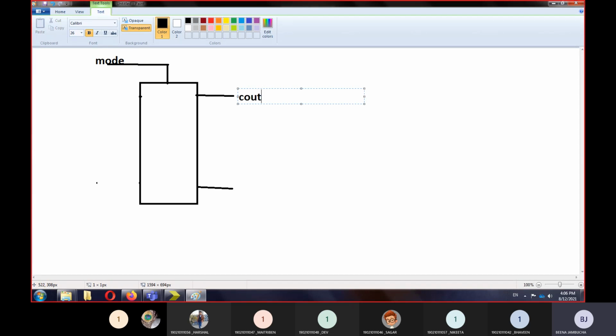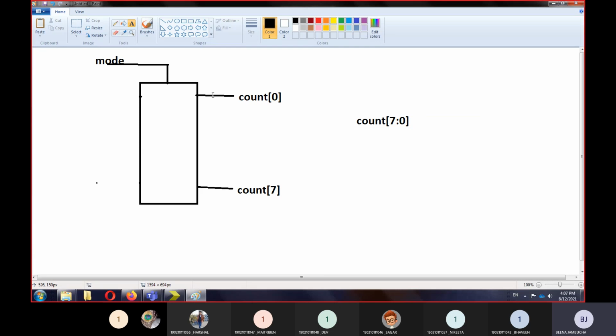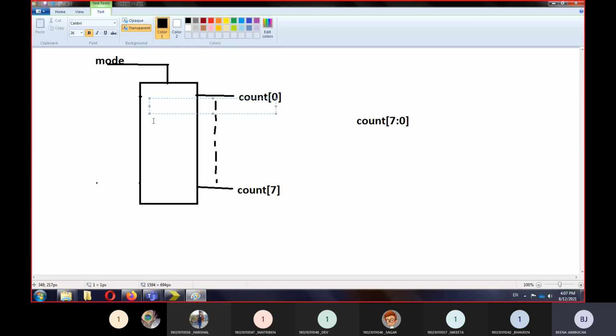and we will call it count. We will define it as count 0 and is count 7, right? So 0 to 7th number of a count, 7 down to 0, right? So these all are your outputs. And so on. So we are going to design 8-bit